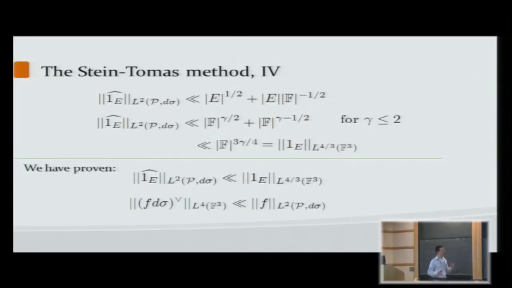And then I can just use this duality to rewrite this in a different way. I've only proven this for characteristic functions because the proof goes a lot cleaner this way. But you can actually chop your function into 2 pieces and apply one part of the argument on one and another part of the argument on the other, and you can actually recover this for all functions. And so this is equivalent to the L4 norm of the Fourier extension of f being upper bounded by the L2 norm of f. And so this is the Stein-Tomas